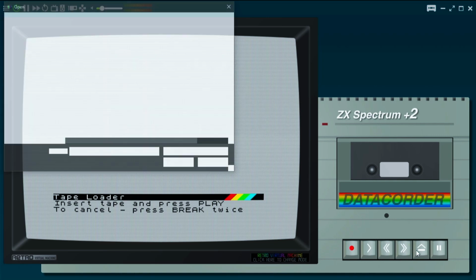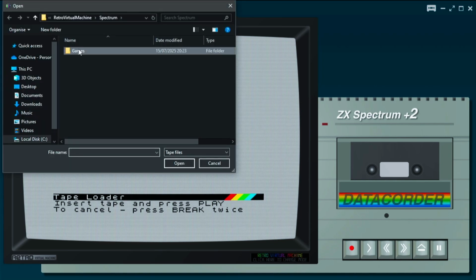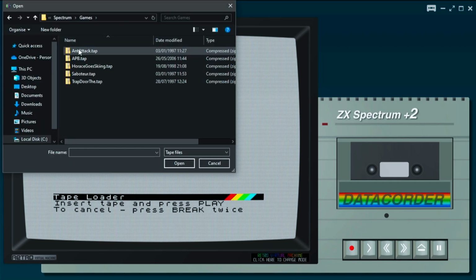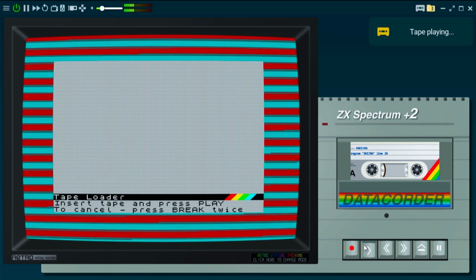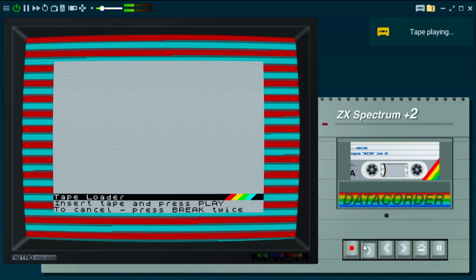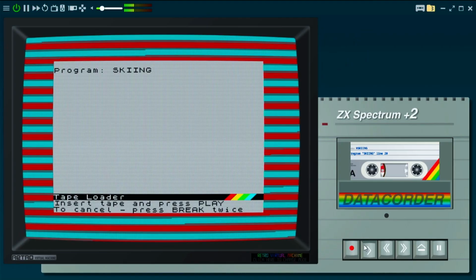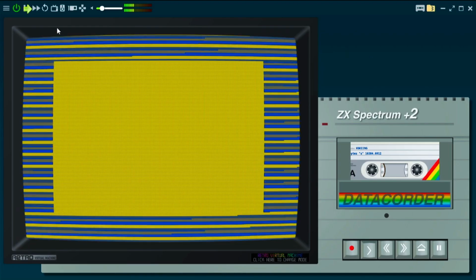Press eject on the data decoder, go into the Spectrum Games folder and select a game. Click play on the data decoder and let the 8-bit awesomeness happen. Obviously, after a little waiting, for it to actually load, or we can just hit the warp button. And after a few moments,